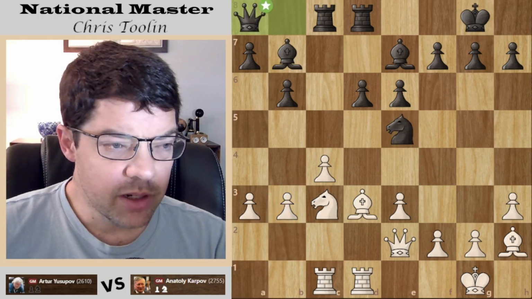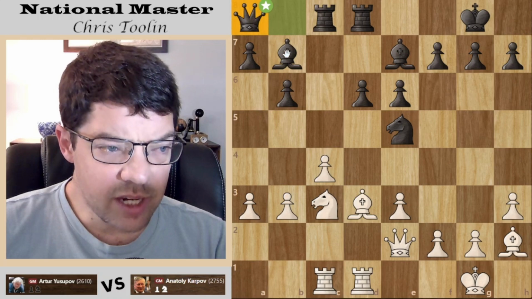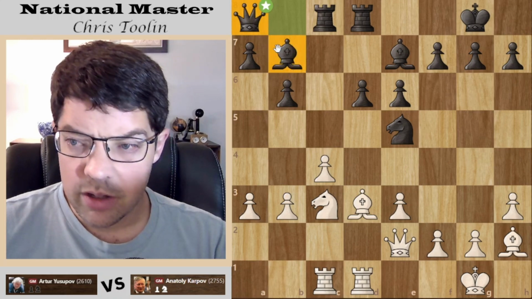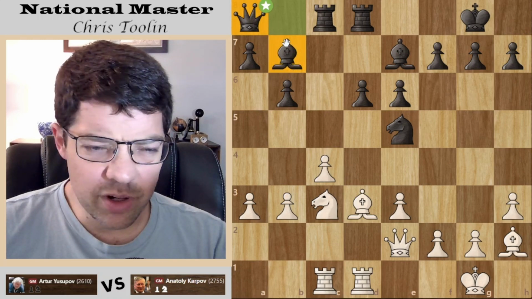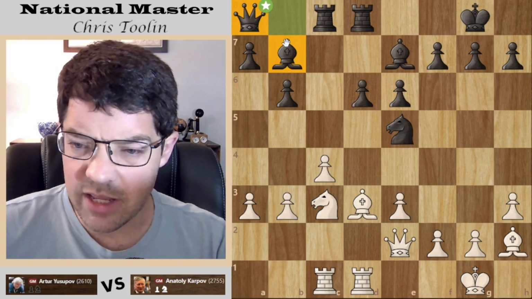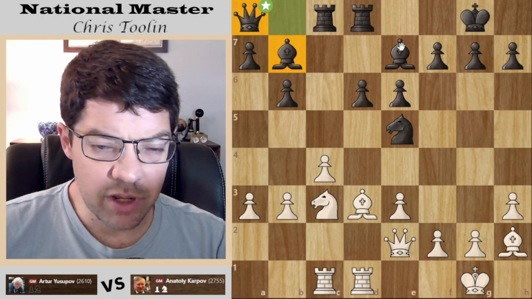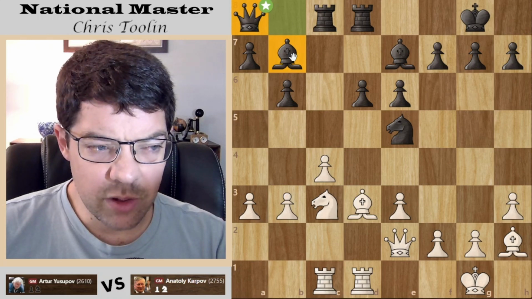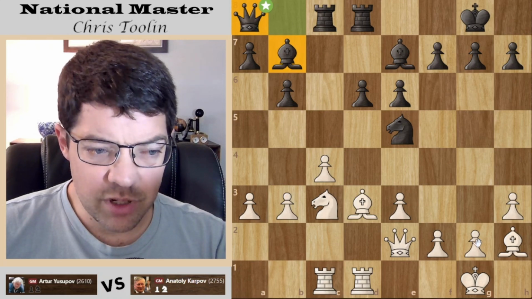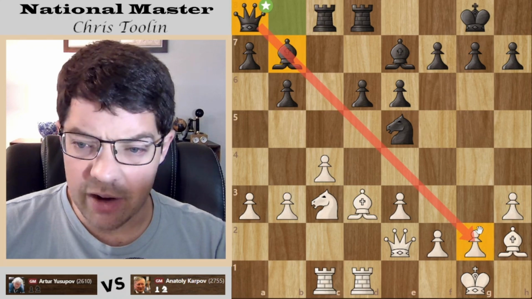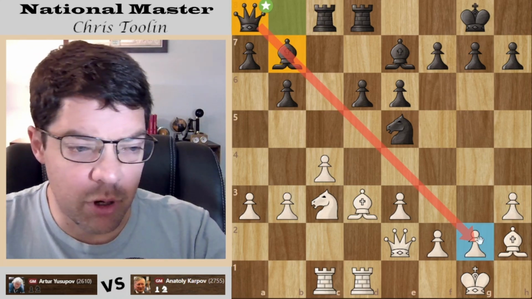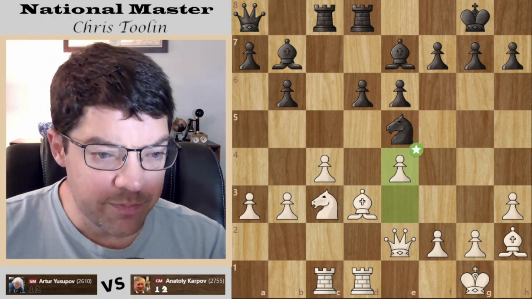Okay, b3, queen a8. This is a nice construction for a queen. You would think a queen in the corner, common sense would kind of say that's a bad square for a queen, especially with a lot of pawns and pieces around. But the reason it's good is only when it's really coupled with the bishop that it can become a very powerful battery. Trying to take this g2 pawn and potentially checkmate white.